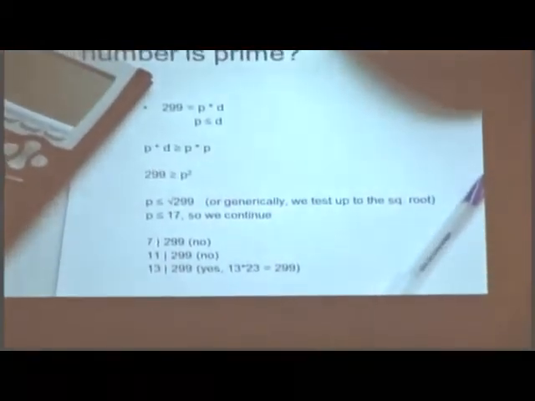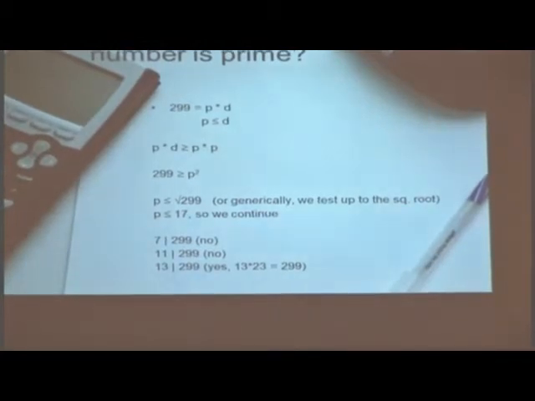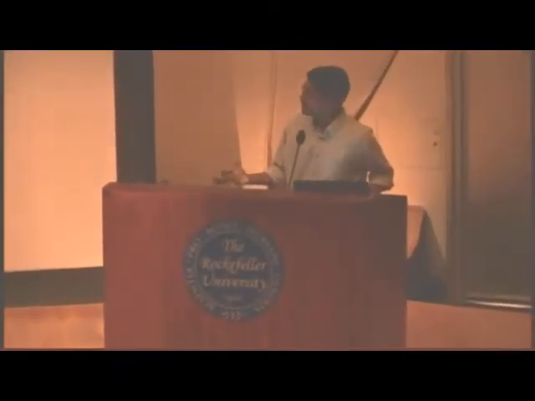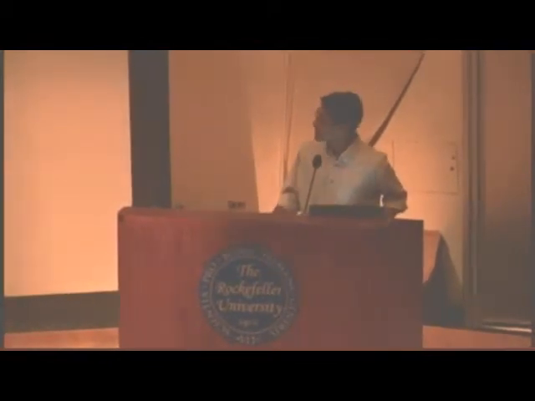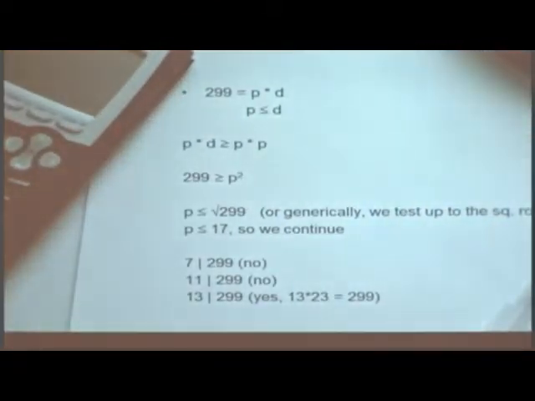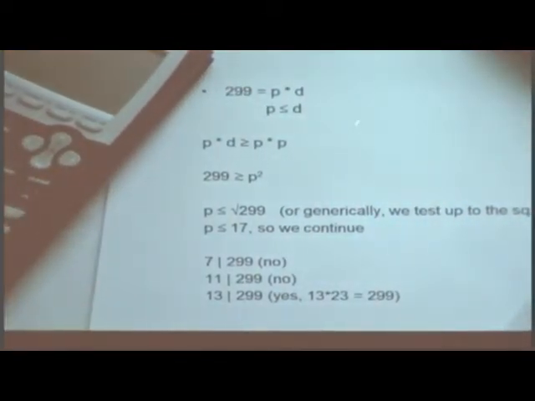Okay, so what we do is we say that we're trying to test the primality of the number 299. So we say if it's not a prime, well, we can write it as at least the product of 2 numbers. Here we call them p times d, where assuming these numbers aren't the same, then p would be the smaller of these 2 factors. So taking this inequality, p is less than or equal to d. What I did is I just switched it, so I said that d is greater than or equal to p,